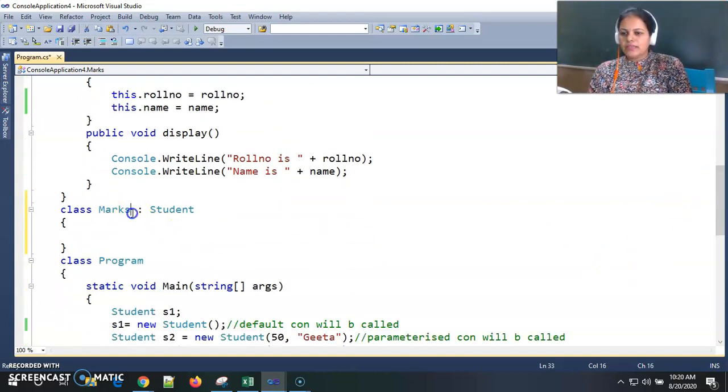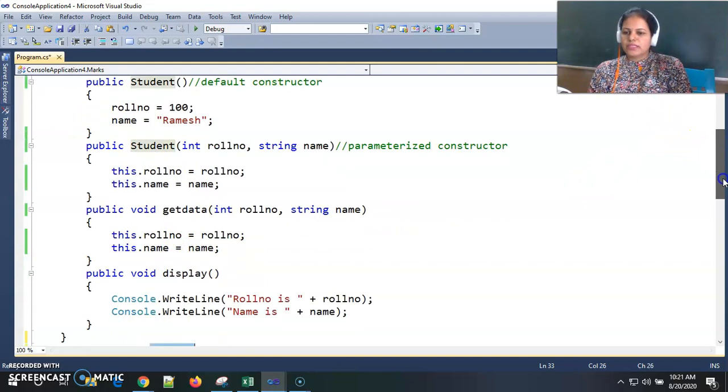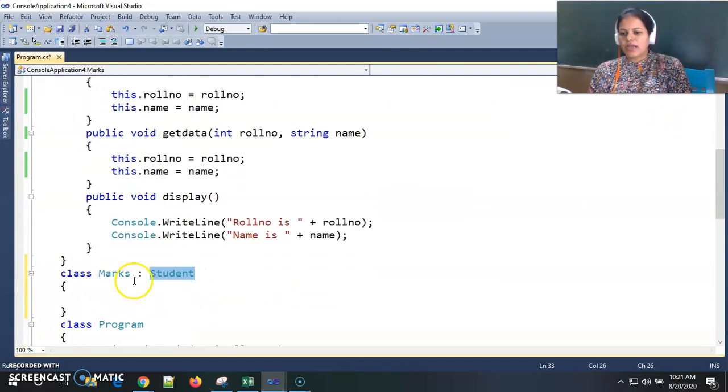Here marks is our derived class, and my base class is student. I am deriving this marks class from student so that I can use the student properties, meaning roll number, name, or the get data method and display method, as they are inside this marks class.